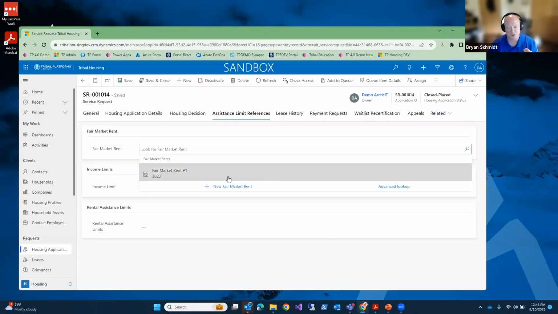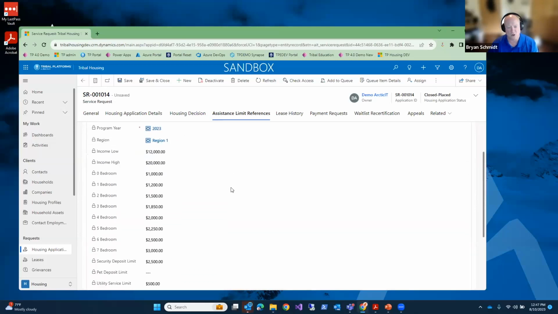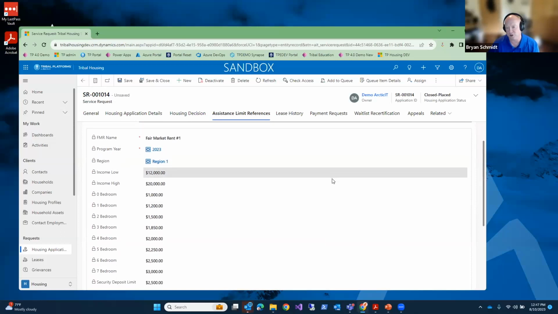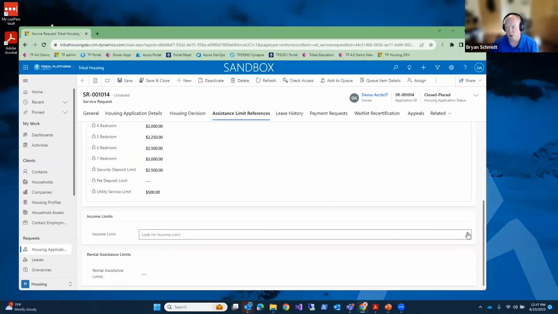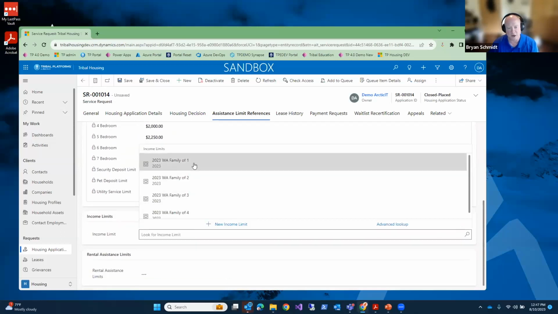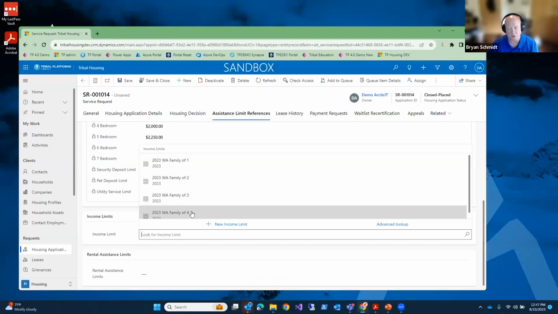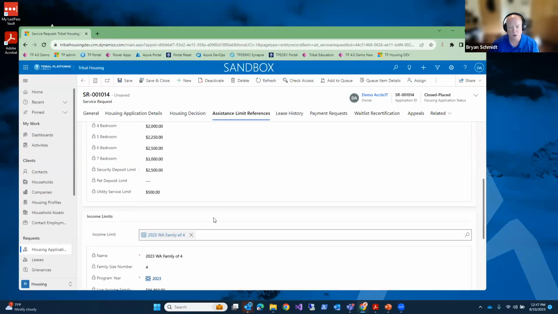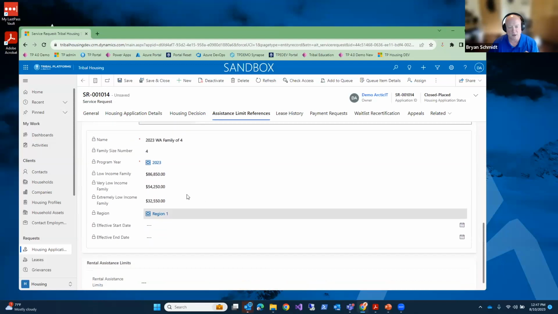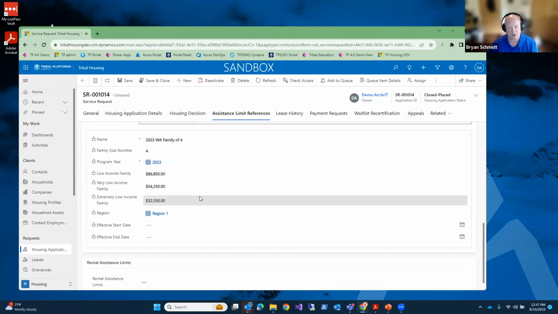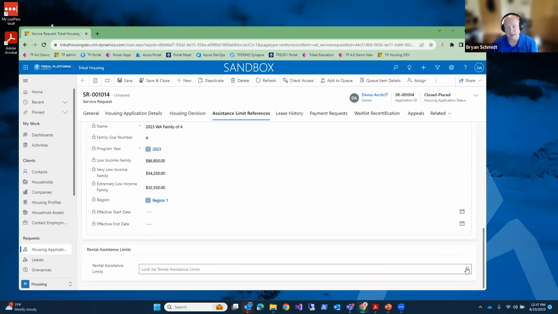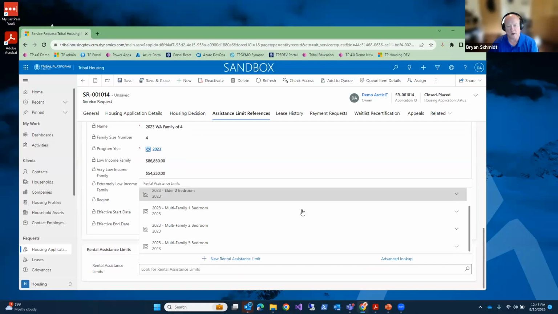lookup reference to say, okay, what are my current fair market rent amounts for this specific region that this individual may be living in. Or, based on their family situation, say, family of 4. So I can pick that. And here are my income limitations based on that. So now you can see how I can automate this process to set these and make this information available at